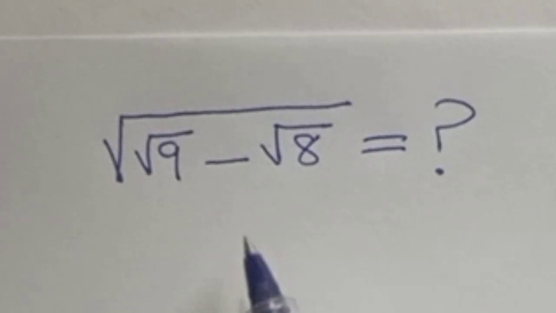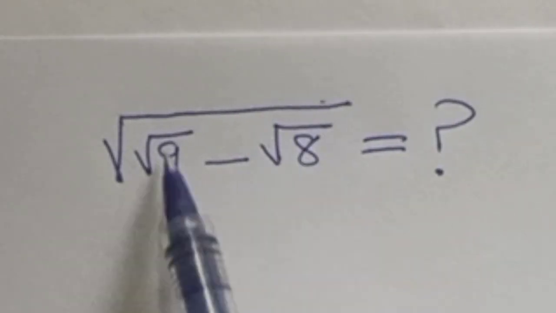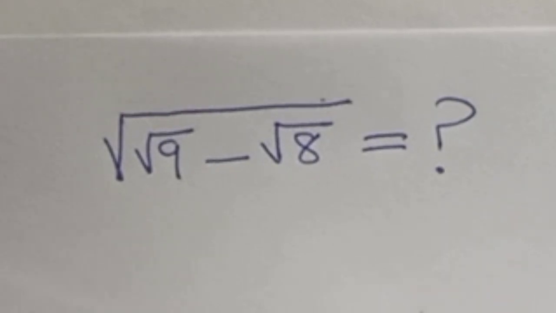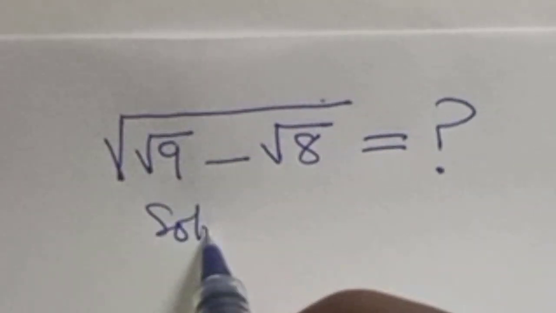Hello everyone. So we have the square root of the square root of 9 minus the square root of 8 to be simplified. So if we start by saying solution,